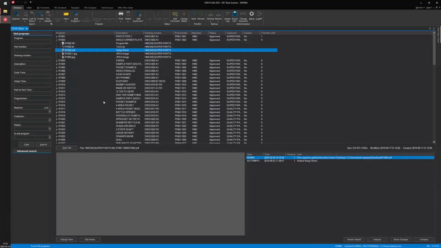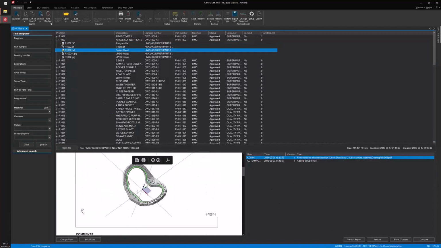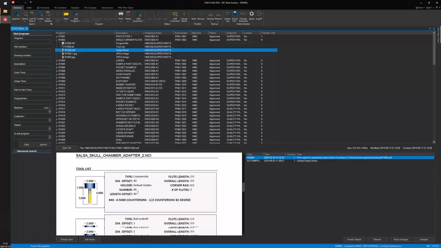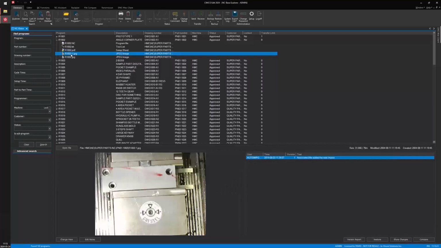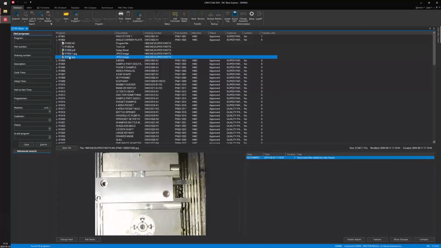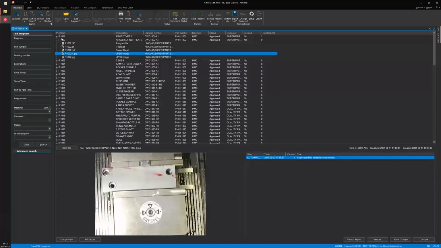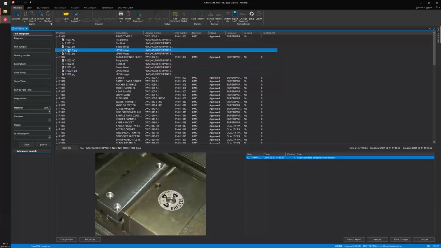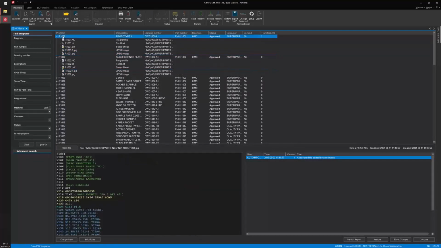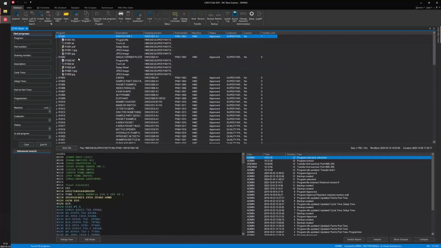So I have my PDF here for the part, for my setup sheet. Then I have some pictures that I can add to my actual program. So all this information can be accessible to the actual users when they're going to be looking through that. Also, you've noticed that you have the preview down there. You have the log here,